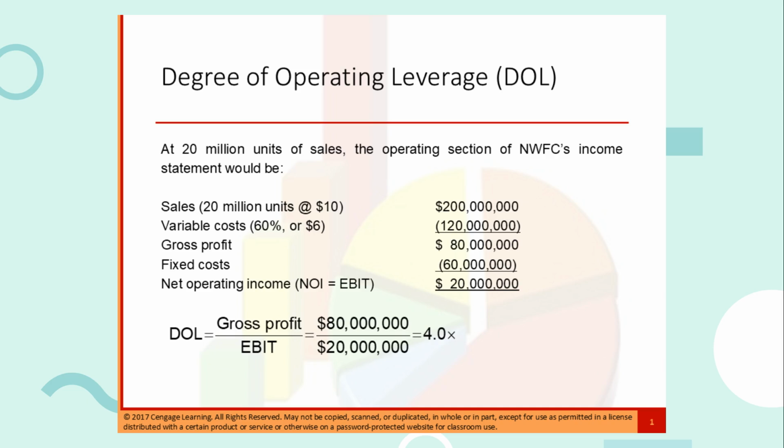The degree of operating leverage for this level of sales indicates that for every 1% change in sales, net operating income, or earnings before interest and taxes, will change by 4%. Therefore, if sales actually were 10% higher than expected, earnings before interest and taxes would be 40% higher than expected. To show that this is correct,